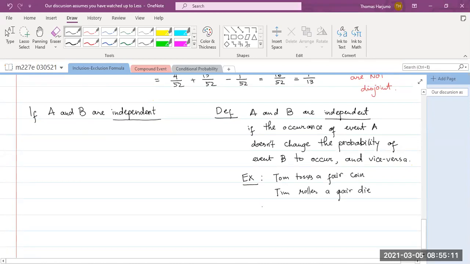Now, what is the probability that when Thomas tosses his fair coin, he has a head? It will be 1/2, right? Okay, what is the probability when Tim rolls his fair die, what is the probability he gets a 6? That will be 1/6. Now notice that if